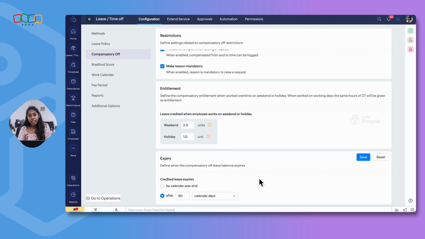So the number of expiry days that we mention here starts from the date the employee worked, not from the date they are submitting a request. So once these conditions are set, you can click on save. So these are the few restrictions and conditions that you can have when an employee is raising a compensatory off request. So this is how the compensatory off process is managed in Zoho People.